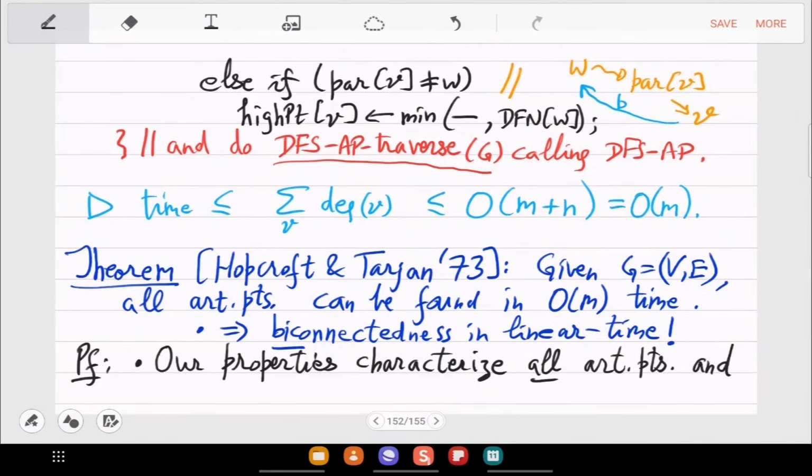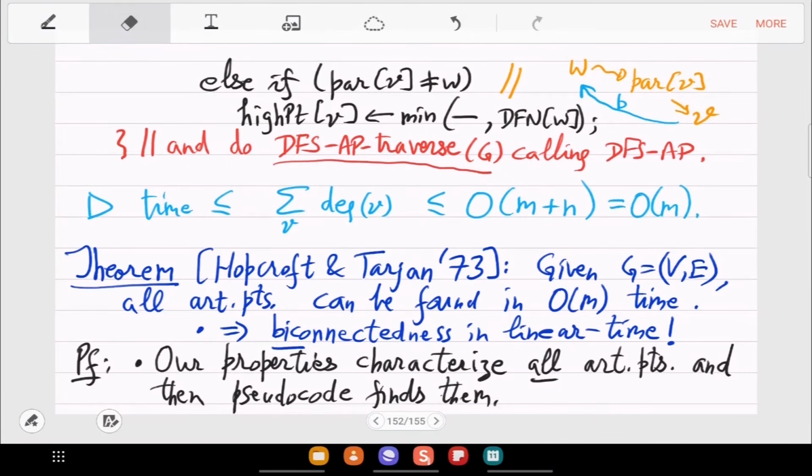And then the pseudocode finds them. So basically you have to show that the pseudocode correctly finds this high point. That is the first property you have to show. So those parts you should do as an exercise. It's just a repetition of what we have done. But you have to prove it in order.